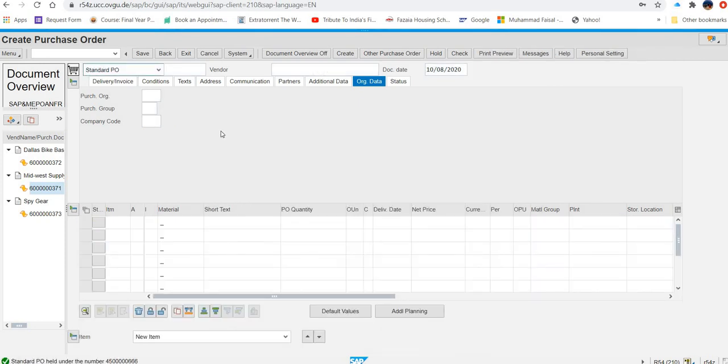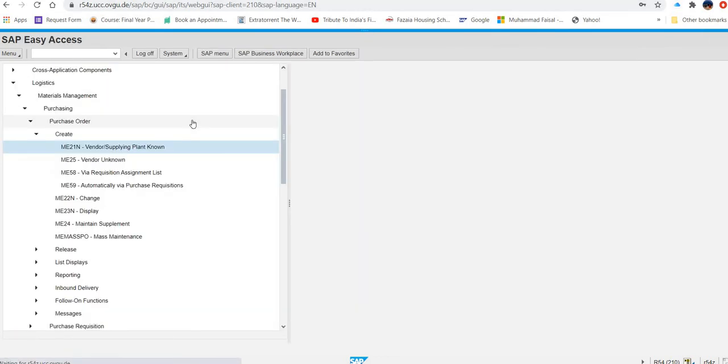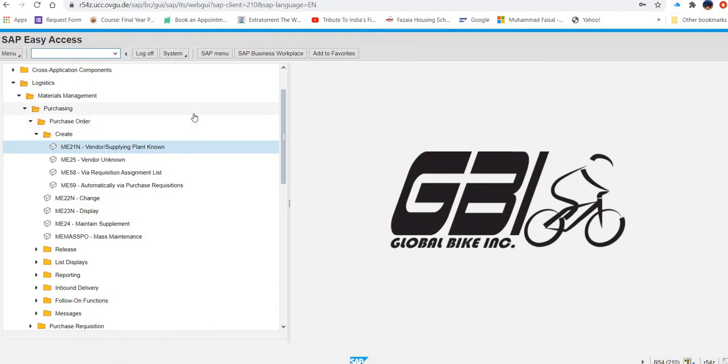So guys, I have just saved this document. I think there is some error giving with this. Let's see in the next step what happened. Already the number is generated. The document number here, it's showing. So let me just go back from this step and try to find out what the next step is. So I will see the purchase order also. Let me make it display.